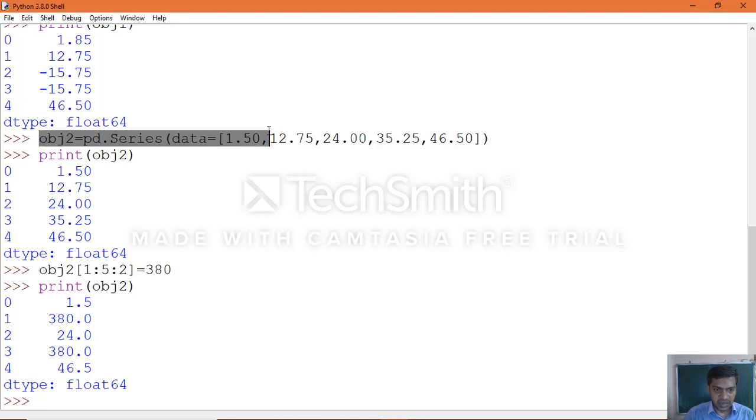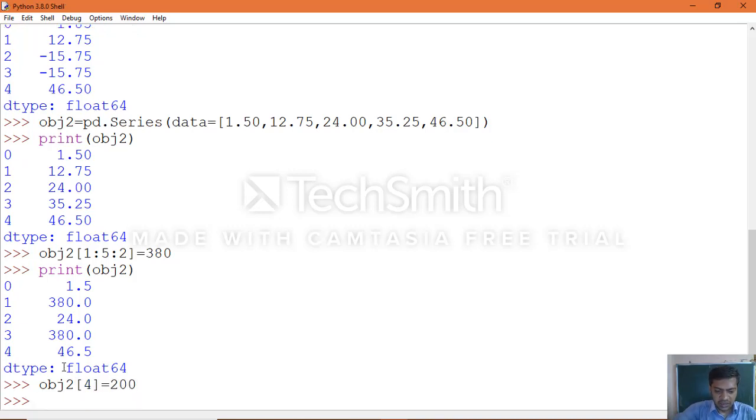Let's see the same data again. For example, if you want to modify another value at this position, how can we do that? obj2 of 4 equal to 200. Print object obj2.